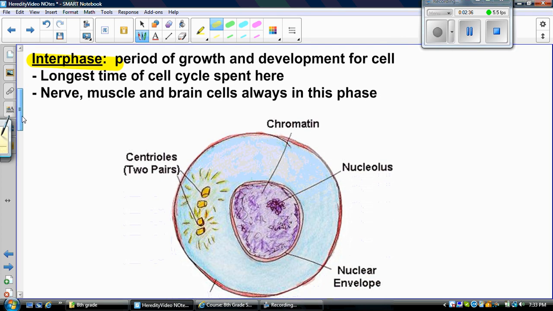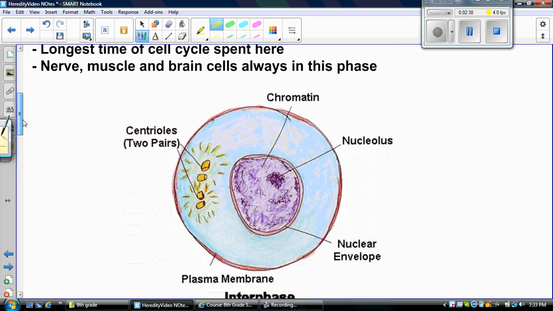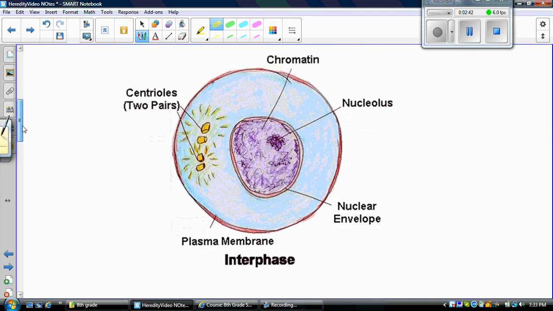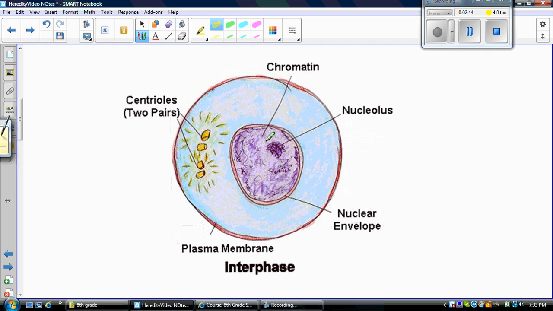Okay, so this is a picture of a cell that is going through interphase. Pretty much what is happening is the cell is creating all that chromatin that's going to turn into chromosomes. You've got the nucleus, the nuclear membrane. Inside the cytoplasm, even though this picture doesn't show it, there are a lot of other organelles like the mitochondria and the ER. Centrioles, we'll get to a little bit later.